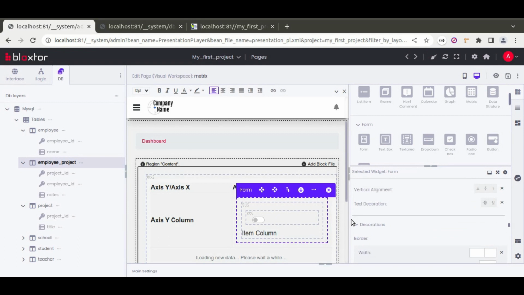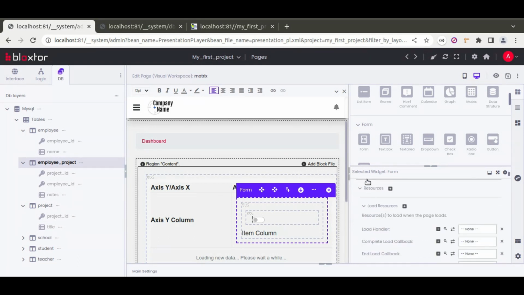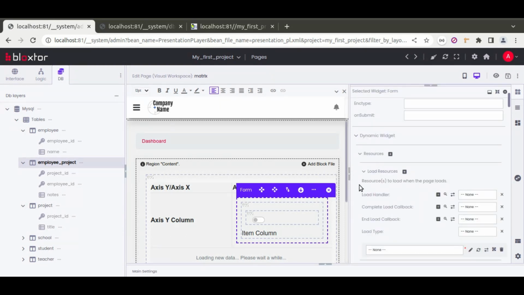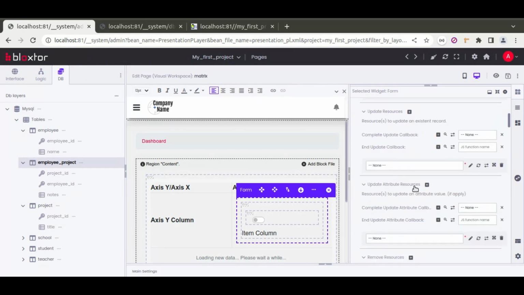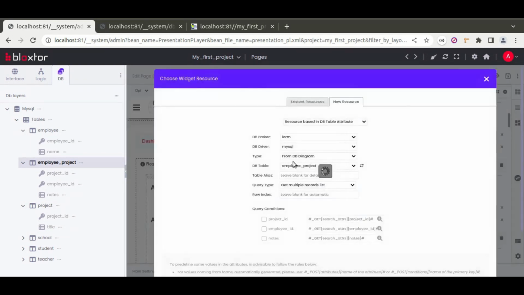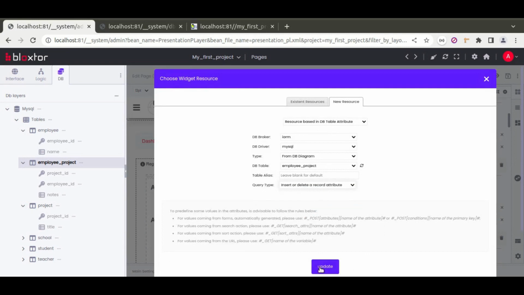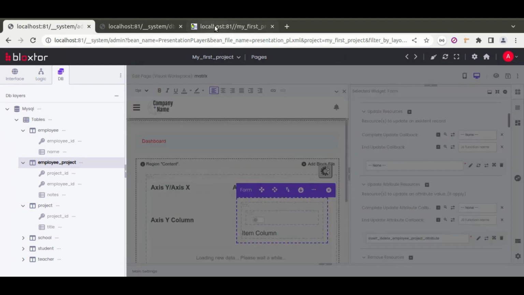So we need to go to the form, so we didn't define that resource yet. We need to go here to the dynamic widget, to the resources, and in here we need to go to the update attribute resource and create, in this case, a new resource in the employee project table, which will be the insert or delete a record attribute. So we just do update and it's done. So if we save